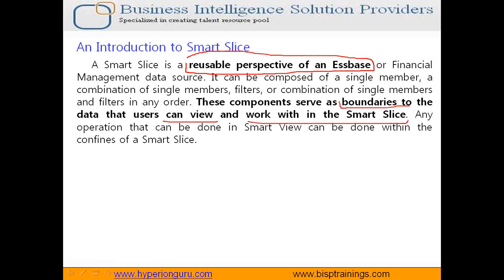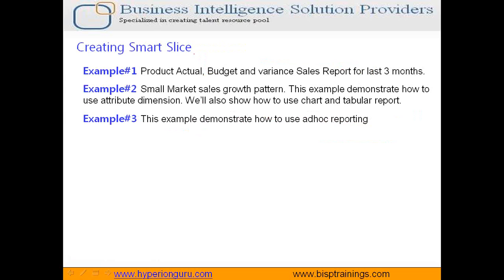So on one hand you give ad hoc reporting capabilities to the user, on the other hand you define the boundaries so the user can access ad hoc reporting under predefined boundaries, and this way you can control the resource utilization as well. So in today's example we are going to see three